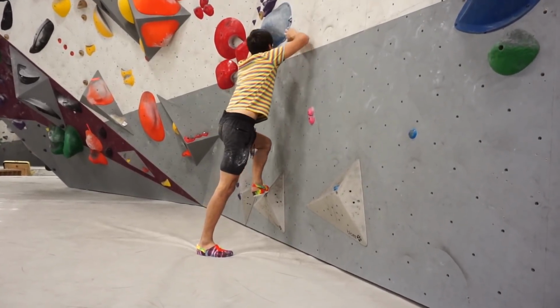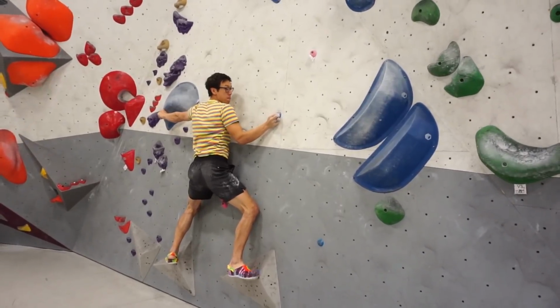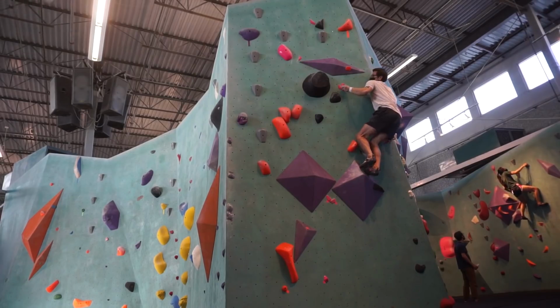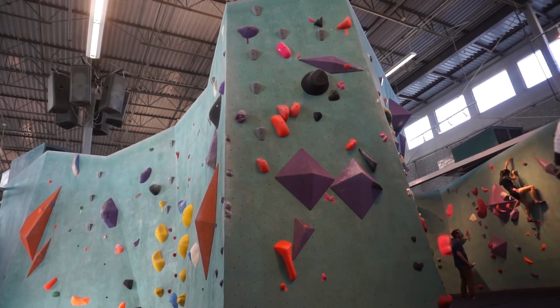Slab grinding. There's a great new slab set and you're excited to try your new shoes out. You're taking your time and going up the slab as slow as possible and you're almost at the finish. Then all of a sudden your foot slips off the hold and you fall down the wall. But before you hit the ground, of course your shin gets a nice scraping from the holds on the wall